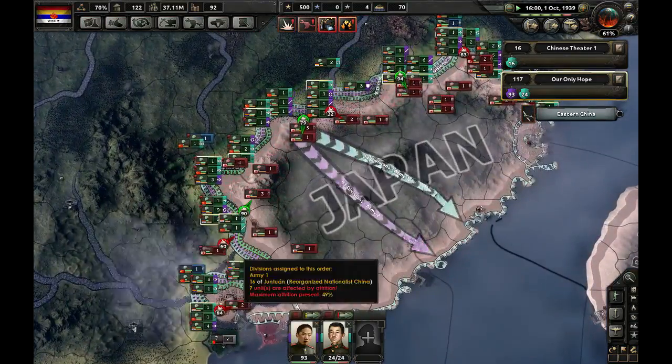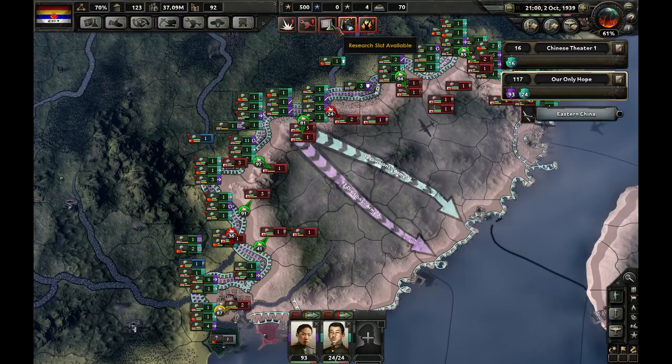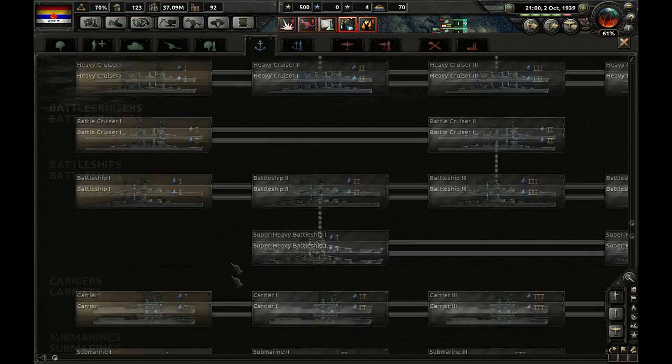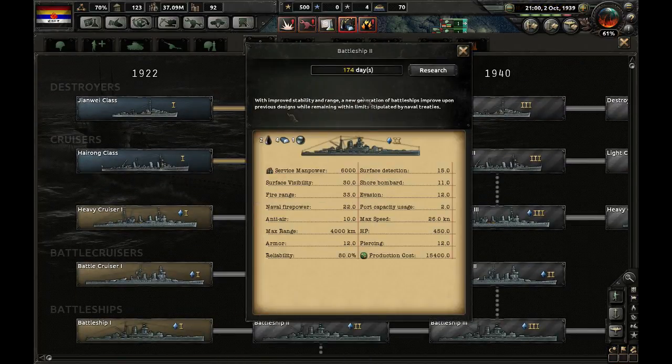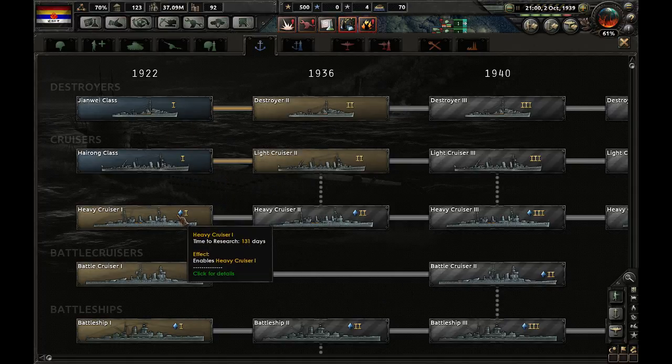We are instantly starting to win battles. Pretty good. We have transport ships now. And we can then begin... What do we want to research? We have the very basics of cruisers and destroyers. We could work on heavy cruisers, which...